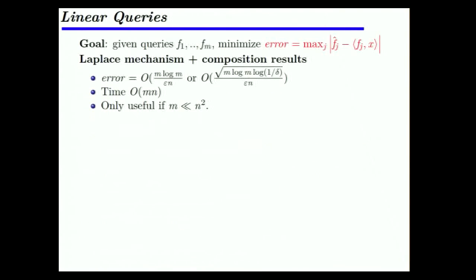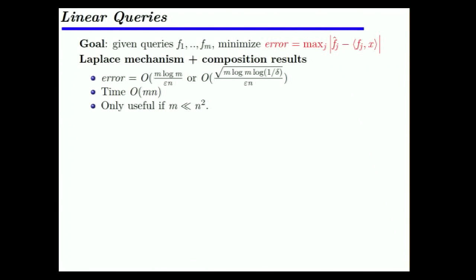So we could use the Laplace mechanism. Sorry, this is just our error measure again. We could use the Laplace mechanism plus some basic composition results to get error that scales as, so m is the number of questions I'm asking. So the error scales as m over epsilon n,